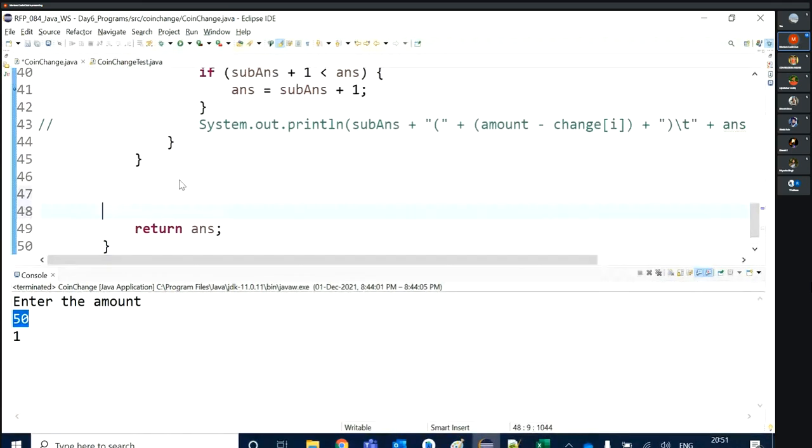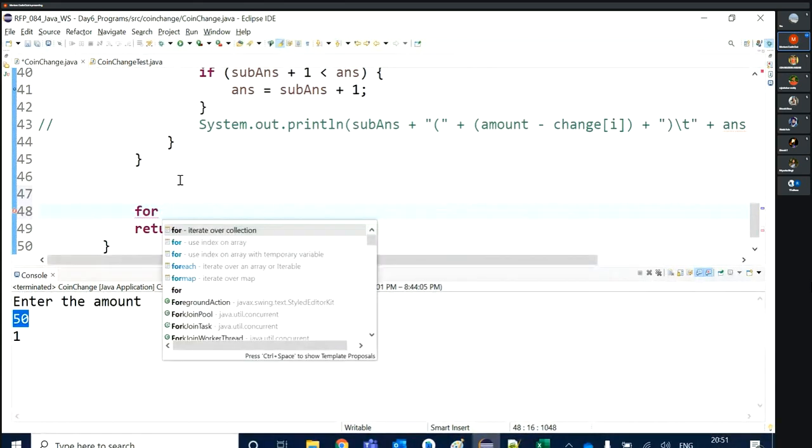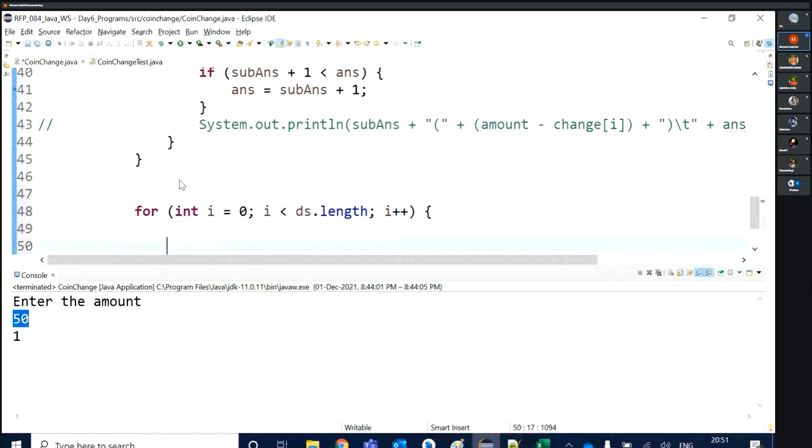before the answer, let me print the array. System.out.println, and here ds of i, and for the index i just concatenated.